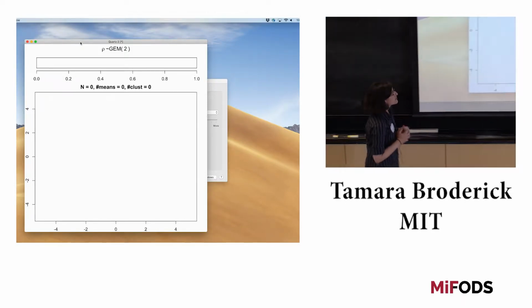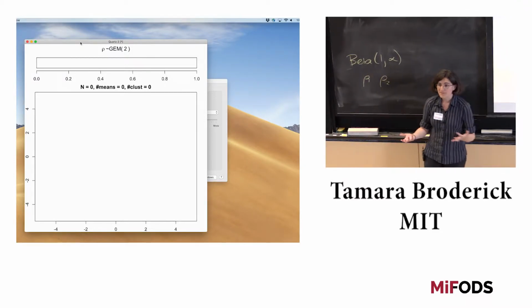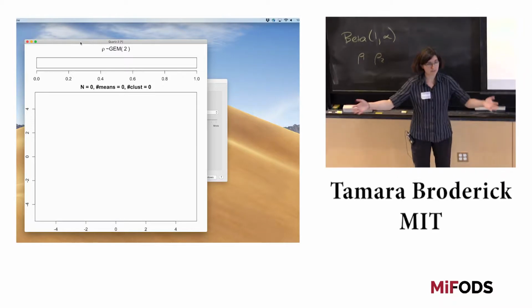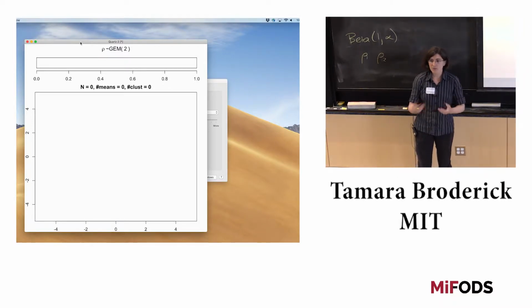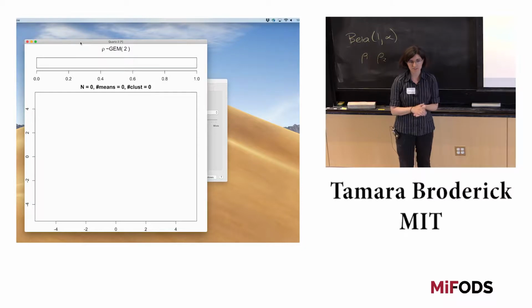I'm drawing from my GEM2, and so I'm going to draw rho 1, rho 2, rho 3, and as we have observed, I actually cannot draw the entire vector of rho because it is infinite. And so my question for you is, can you think of any way that I could draw from this generative model that we've described, this prior and this likelihood, this GEM mixture model, exactly? If I have access to common distributions like Dirichlets and Gaussians, and I can draw from them exactly, is there any way that I could draw from this model exactly without having to draw an infinite number of things?